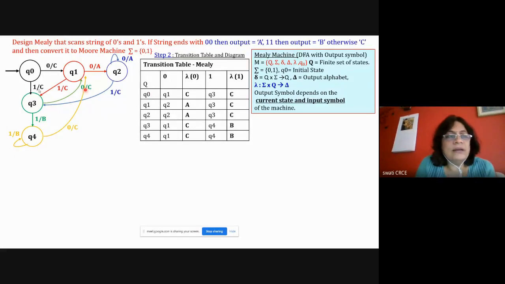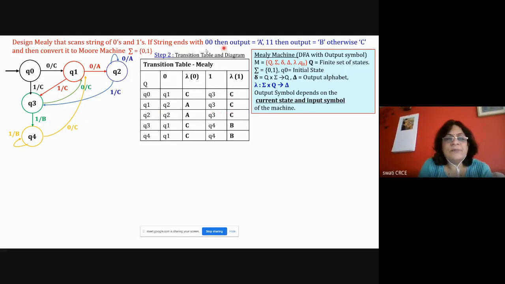Okay, so then look at the diagram here. In the diagram for 0 it is going to Q1. So write it here. With 0 it is going to Q1 and the output generated is C. So this will be Q1 for 0 comma C is here C and Q1. Or I'll take one more example. In Q2 if there is any 1. So if it is in the Q2 and if there is any 1, then it is going to the state Q3 and the output symbol is C. So Q2 in 1 is going to the state Q3 and the output is C.